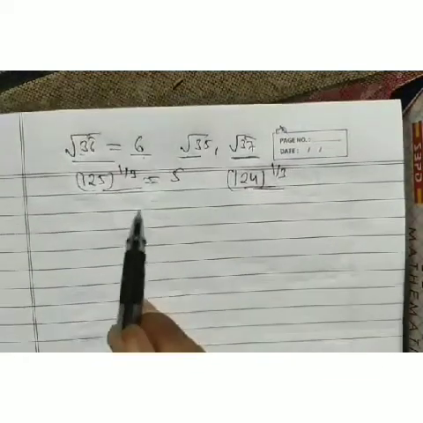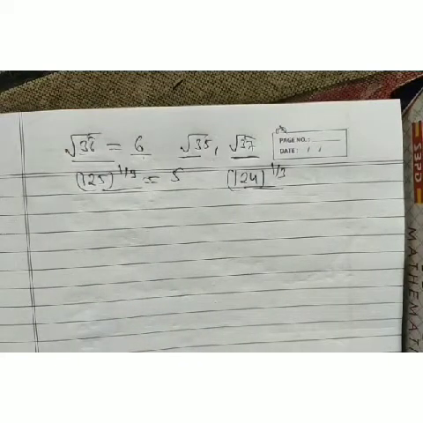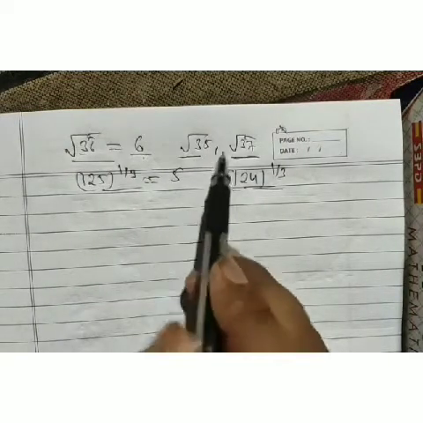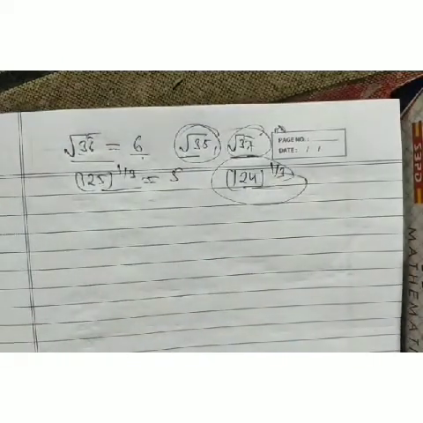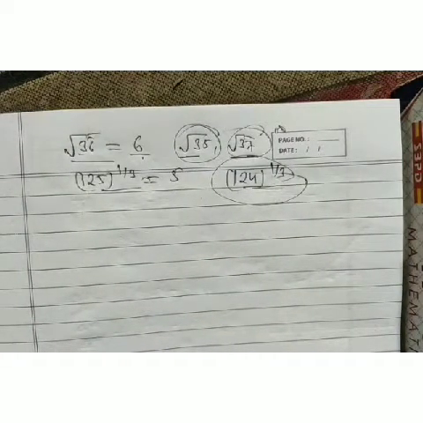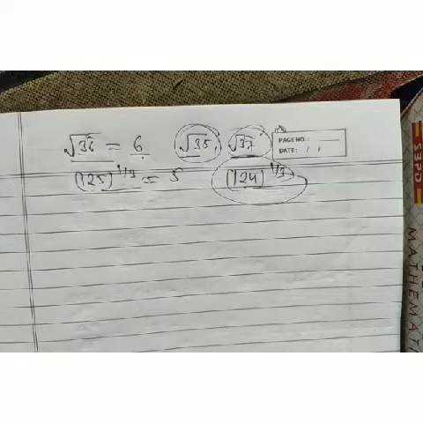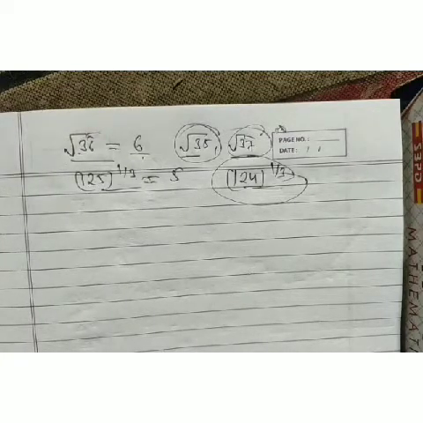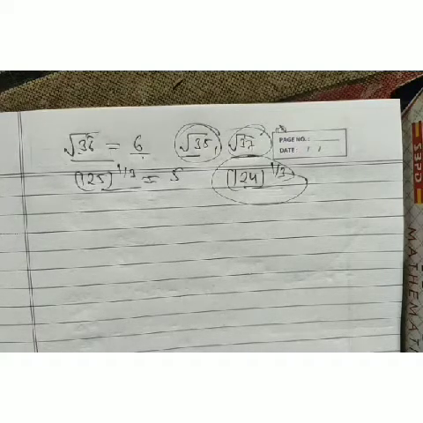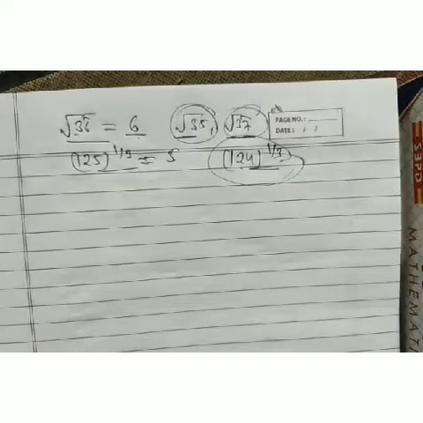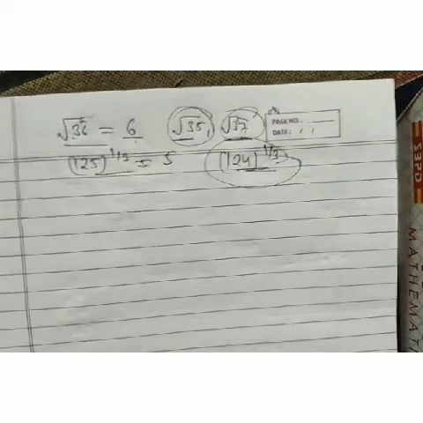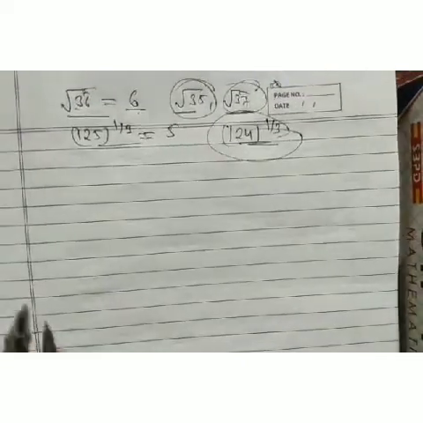The need for approximation is that we want to get the values of root 35, root 37, and cube root of 124 using this application. We are going to find the approximate value of each of the following problems, given up to 3 places of decimals or near about 2 places of decimals. Let us explain with an example.